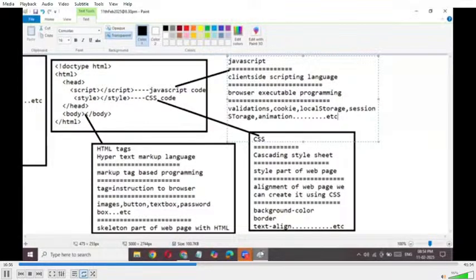Request and response. Here, the client is sending the request to the server, and the server has to give the response. In this client-server architecture, whenever the client sends a request to the server, the server has to give its response